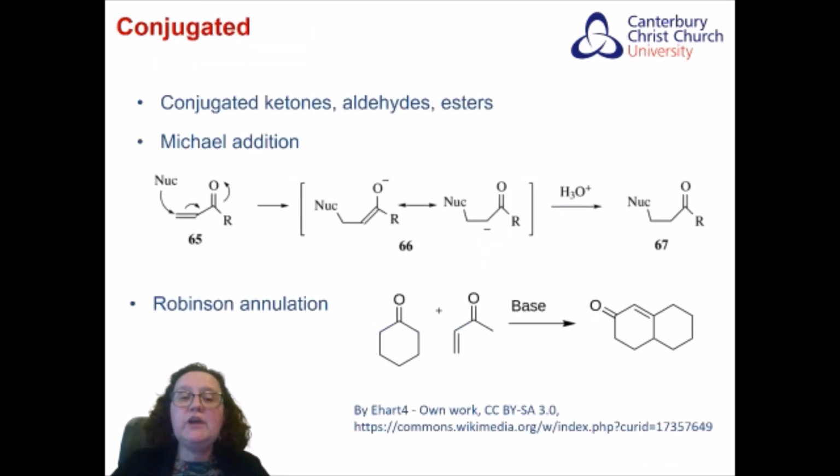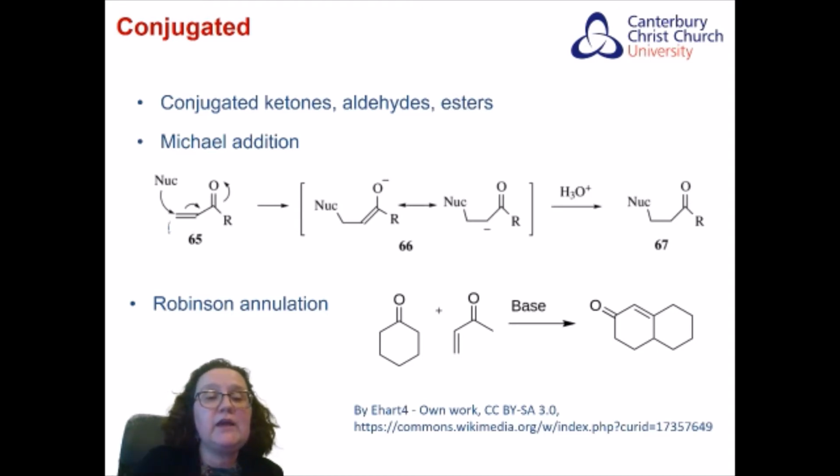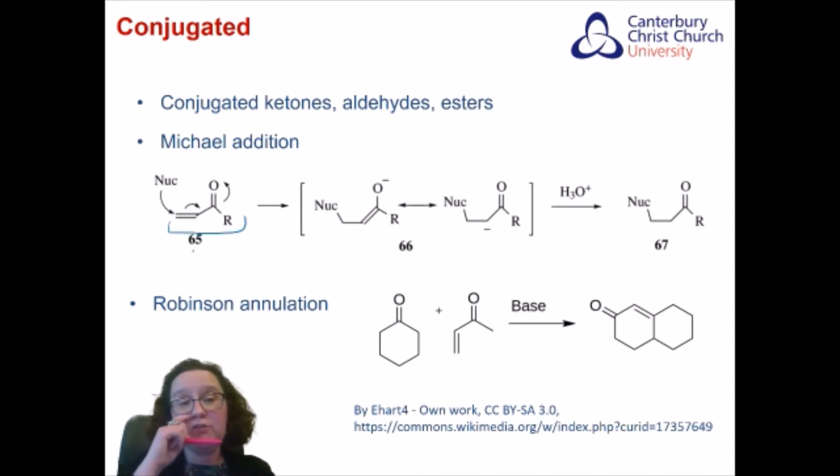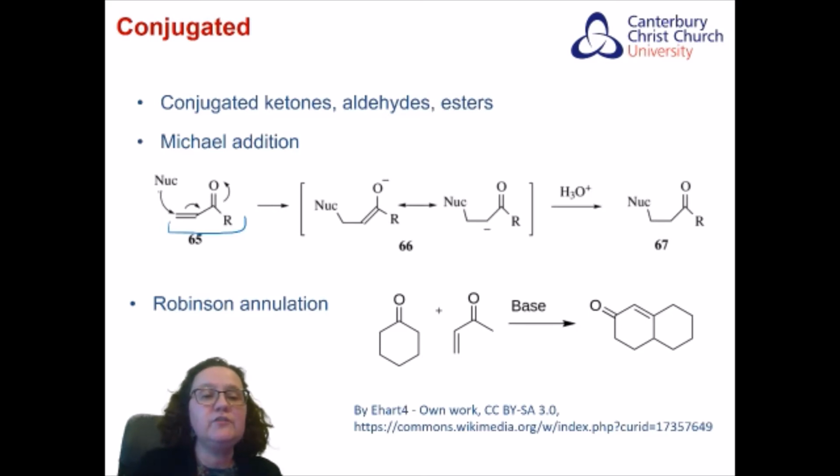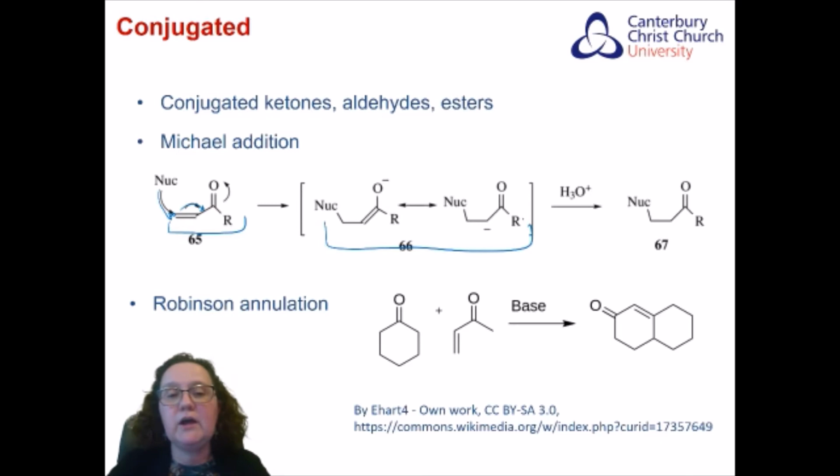When you have a conjugated ketone, an aldehyde, or an ester, with a conjugated carbon-carbon double bond, you can have something called the Michael addition. In the Michael addition, as you can see here, the nucleophile attacks the carbon that breaks the double bond, and you end up with this intermediate, a resonant form, the enolate form of the intermediate of the reaction,